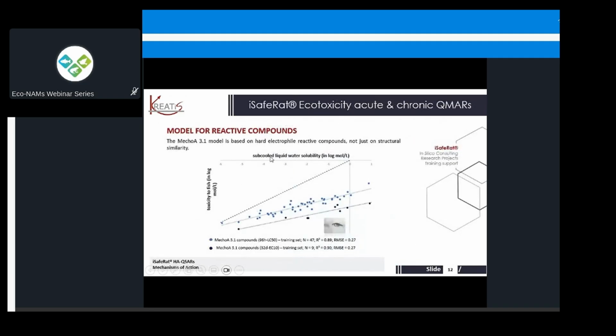This we can also push a bit further. This webinar is supposed to be specifically about acute, but I think it is important to mention that it can also be used for chronic in the same way. This is the MECOA 3.1 training set with 9 compounds in it, and there happens to be a very nice spread across the descriptor, so we can get quite a reasonable degree of different types of substances falling within 3.1. We look at specific statistics: the R squared, which is useful but not the most important aspect. It's the RMSE, which is the most important statistic here, and the smaller the RMSE, the better. So 0.27 in these cases are very good RMSEs.